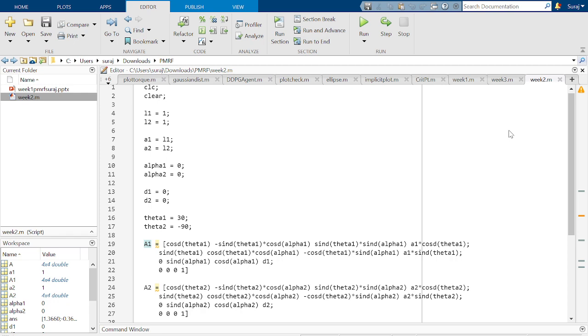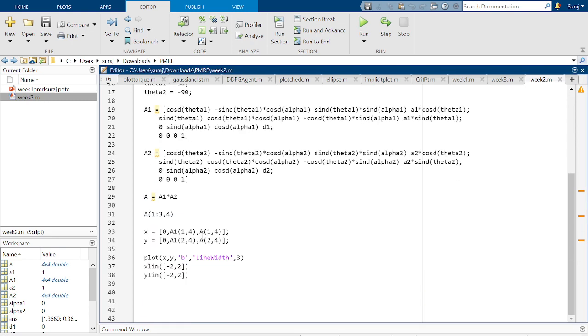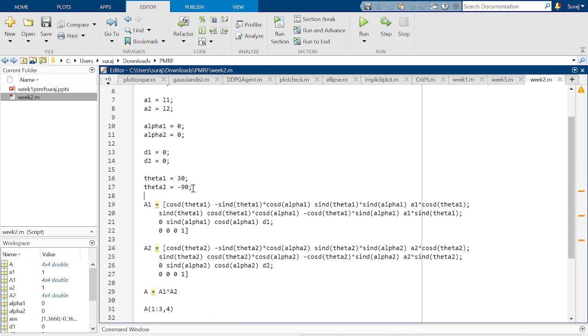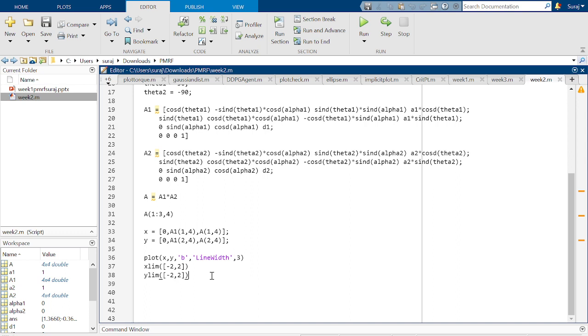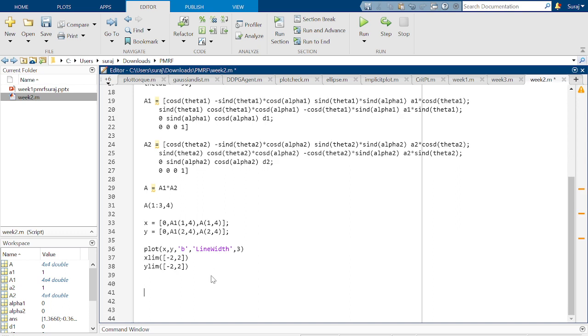Okay, so this is what we see, and if we want to animate this, let's say we give a certain sequence of angles, and then it should move. So how do we do it? Instead of giving one angle, what we do is give it as